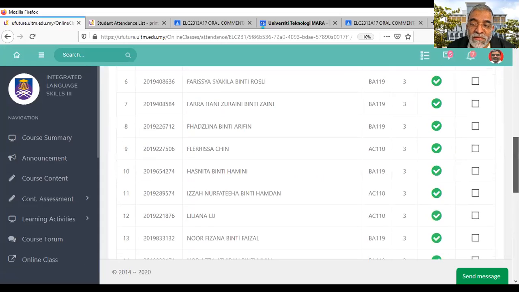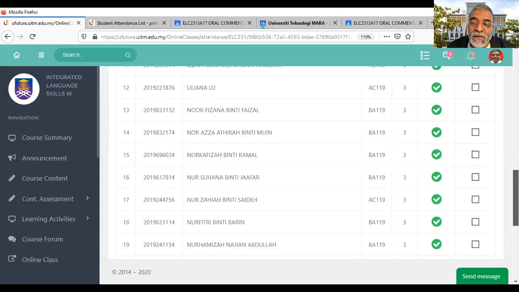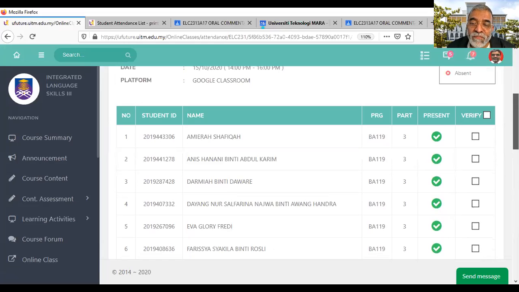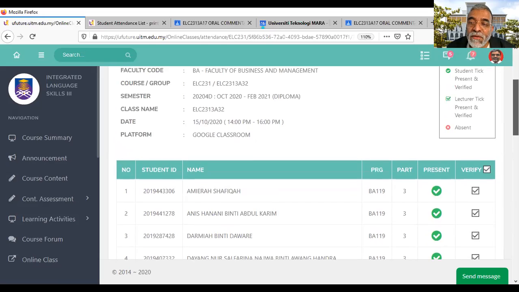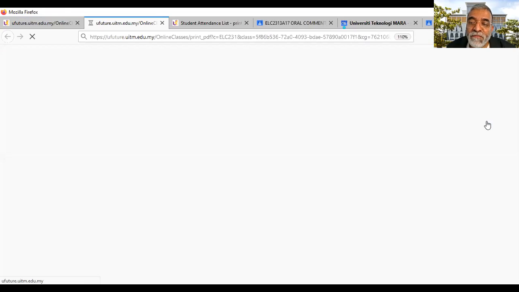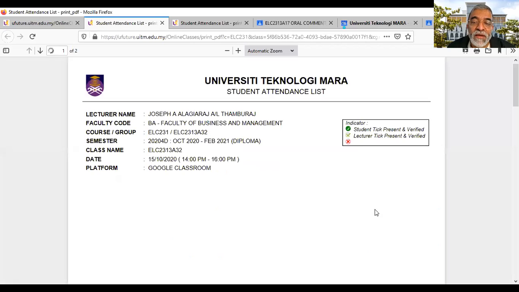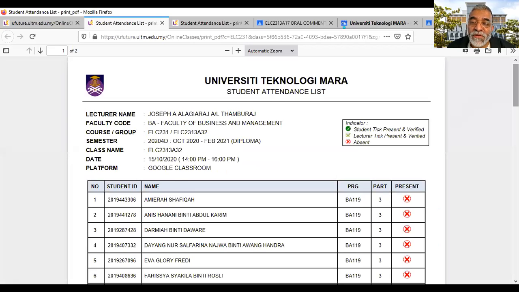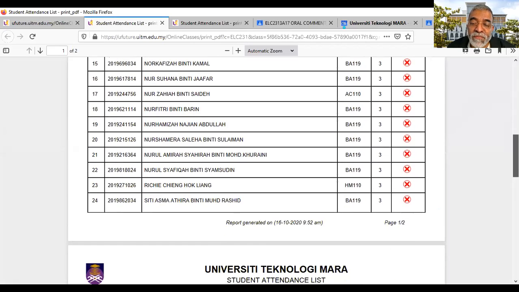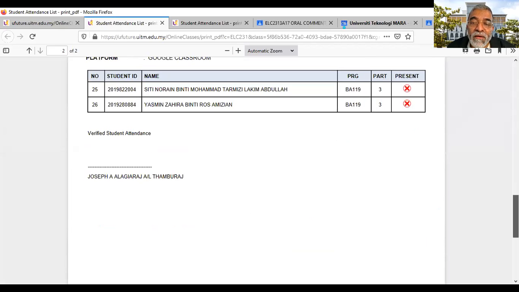You can see the students are present. Once you get this, as a lecturer, we verify. Once you have verified, you can have a PDF record of all the students who are present. So you can see that all of them are